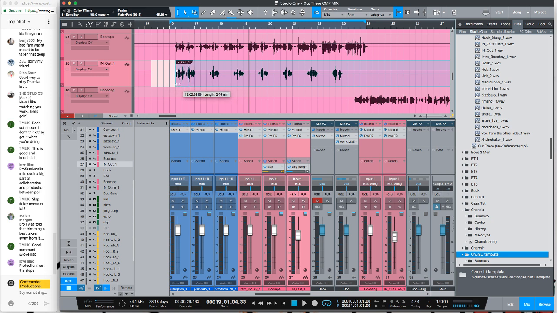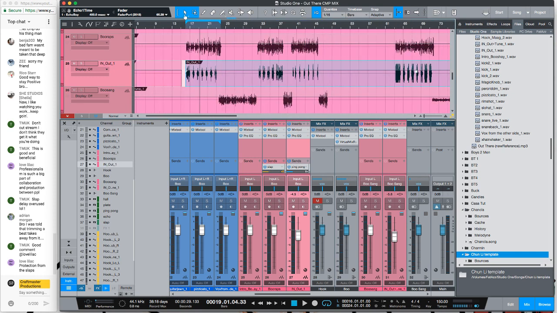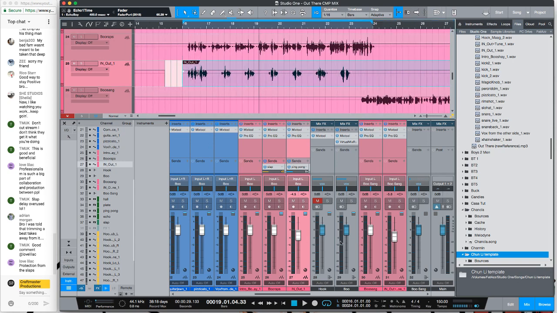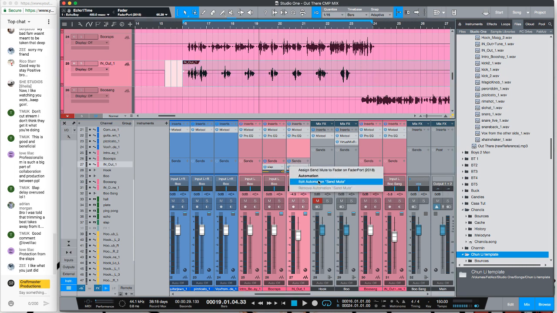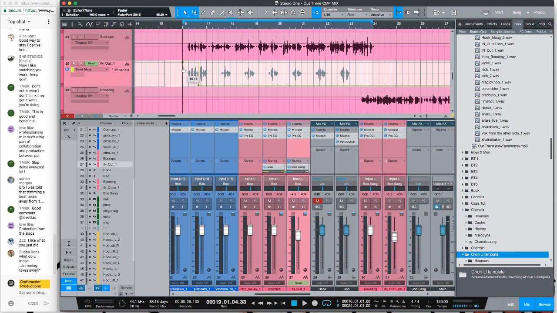But maybe Boucher, he liked that coming on the track with a little stack, a little extra force. So what I'll do is I don't want this delay to affect this part, right? So what you can do to mitigate that is I'll right click on here, edit mute send automation, and I'm only gonna have this mute send. I'm gonna mute it right here. All right, so